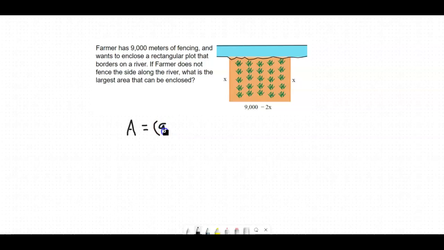So that's 9,000 minus 2x times the height, which is x. All right, so if we want to simplify that, we can write A is equal to 9,000 times x is 9,000x, and x times negative 2x is minus 2x